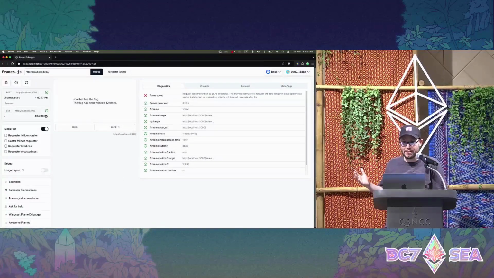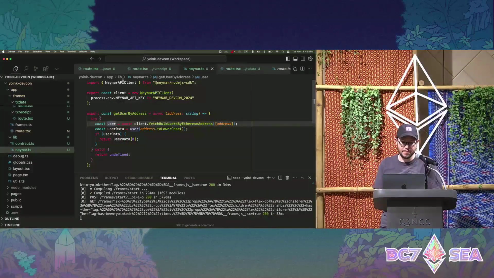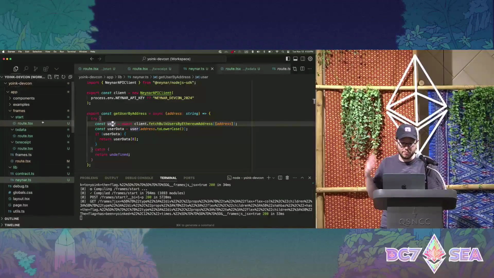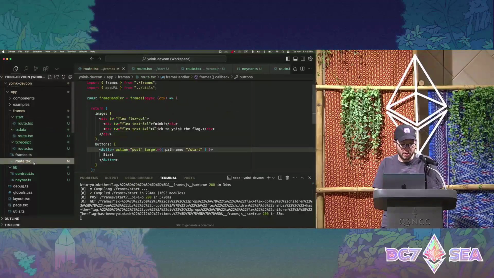You can see that was pretty slow, right? I think it's not just the network here, right? We're making multiple async requests here to make an RPC call to read on-chain data and to go out to the Neynar API and make an API call there. So we're probably at the limit of what this frame can handle in terms of the timeout if we want to keep it responsive. One thing we can do, at the very least, is do that action concurrently, right? So we can use Promise.all or something to make that a little bit more performant.